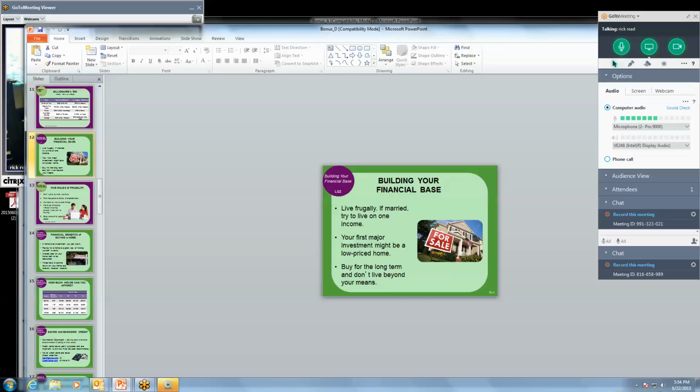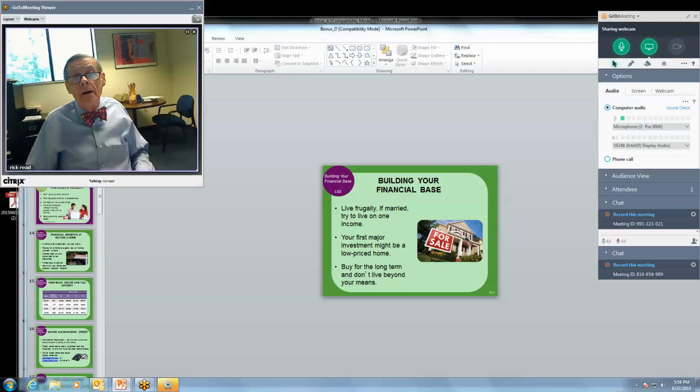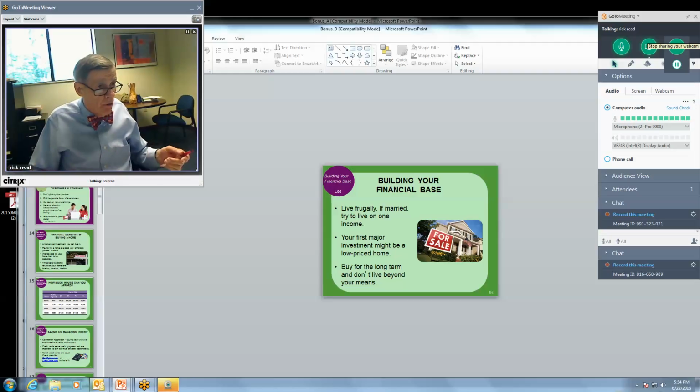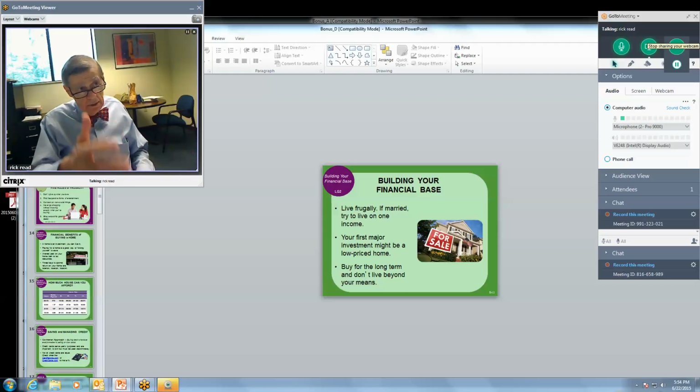Here are ways, again, to improve your finances. If both of you work, you and your husband, or you and your wife, try to live on one salary and invest the other part. Buy a starter home, as they call it, make some improvements and sell that. Of course, you have to hold the home about 3 years or so before you sell it. Buy for the long term. Don't buy for today. We happen to be a society that looks for instant gratification, and we should stop and think about that.